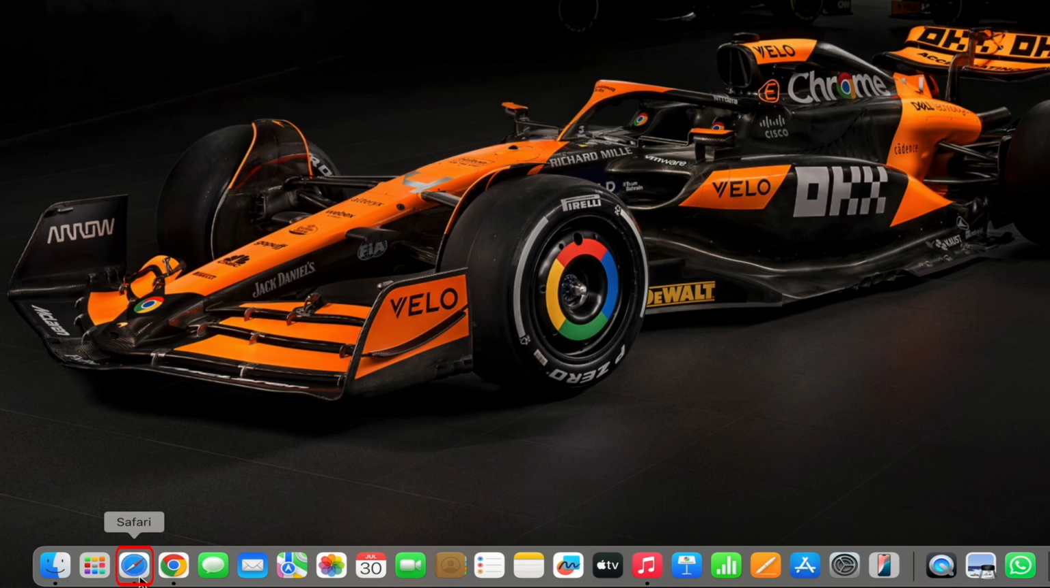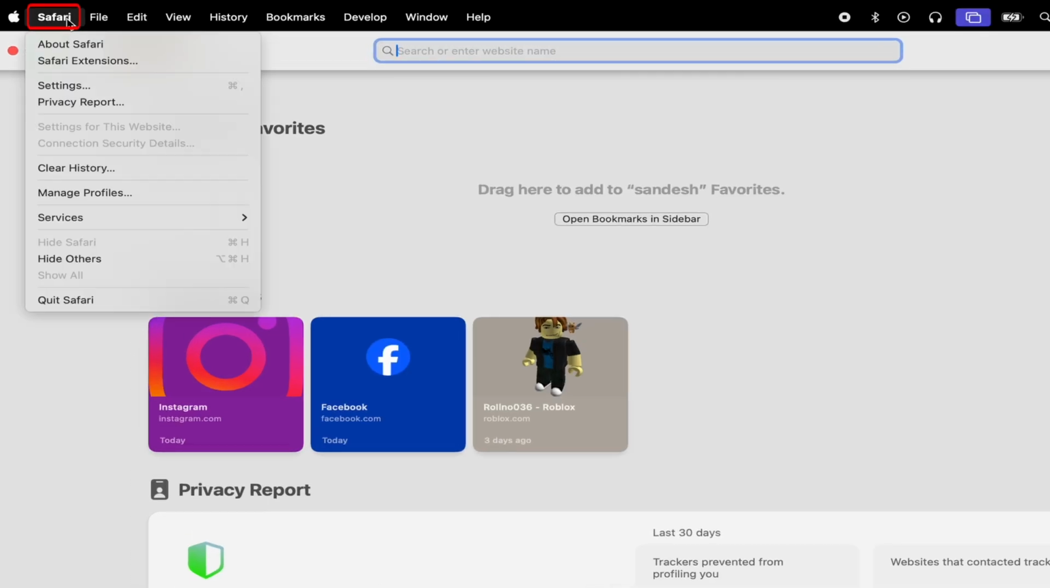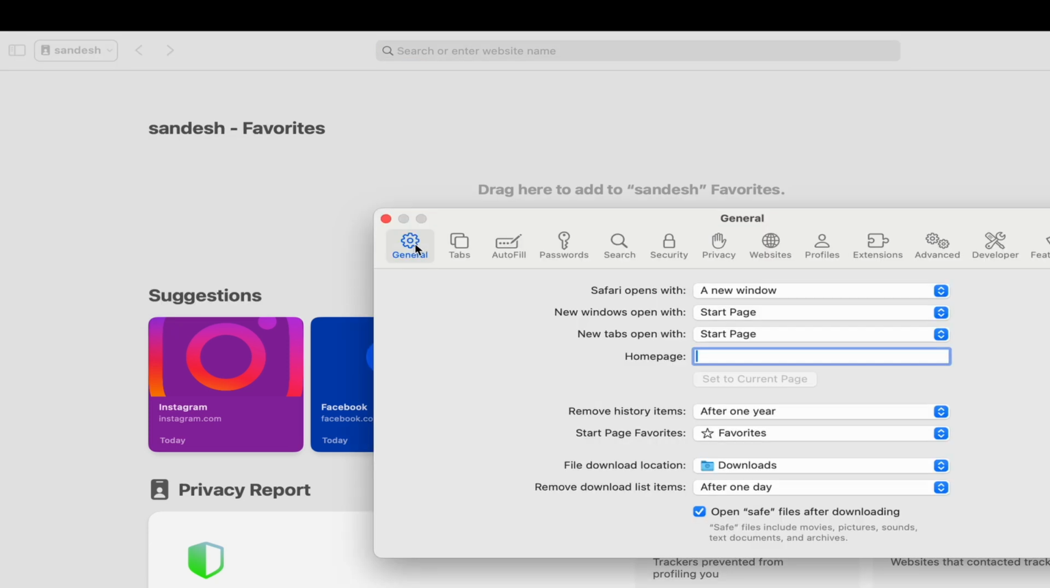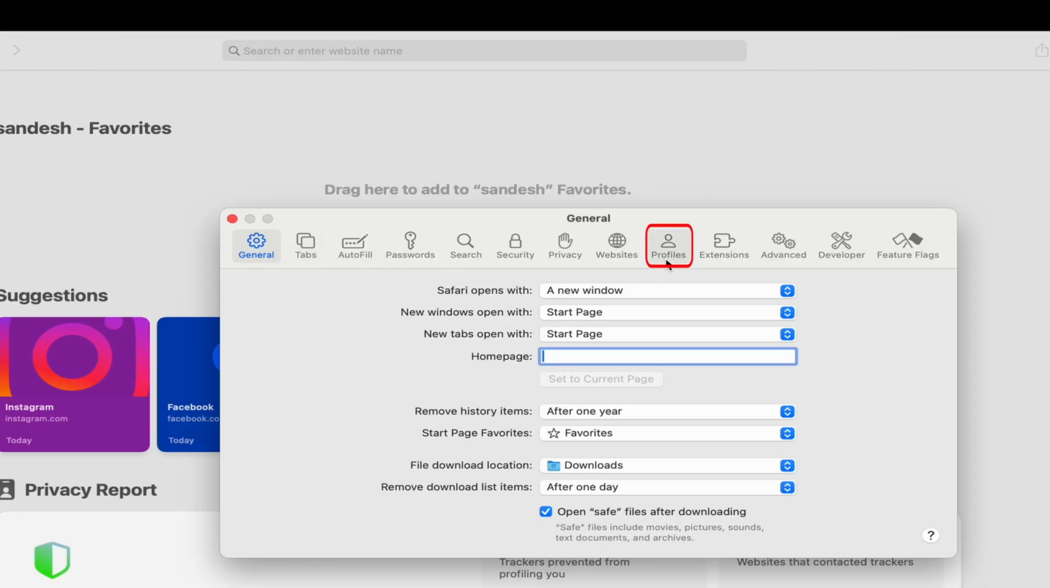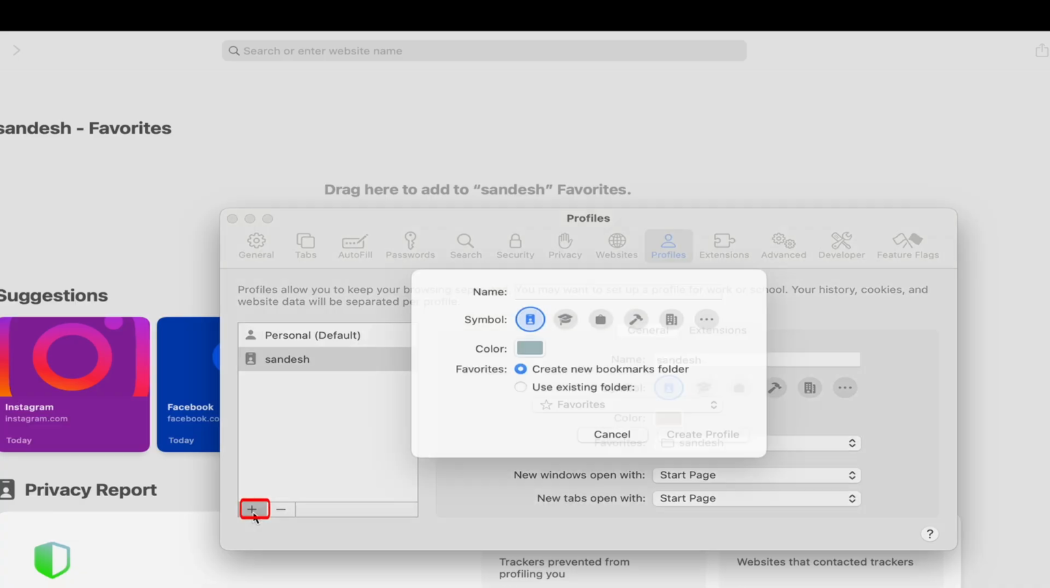First, open the Safari app on your Mac. Next, click Safari in the menu bar, then select Settings. Now, click the Profiles tab. Click Start Using Profiles if you're setting up profiles for the first time, or click the plus button to create